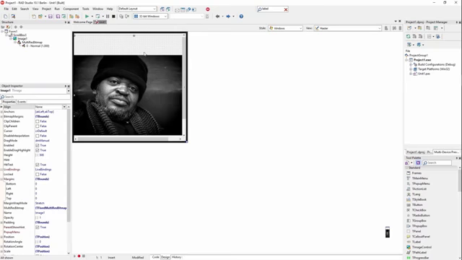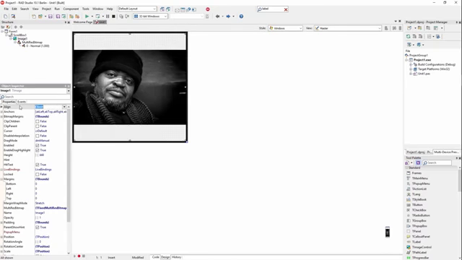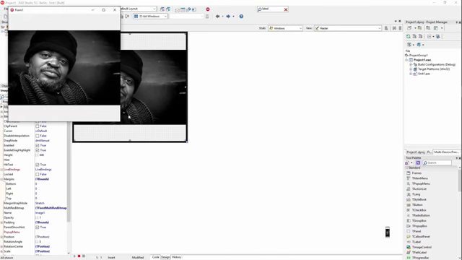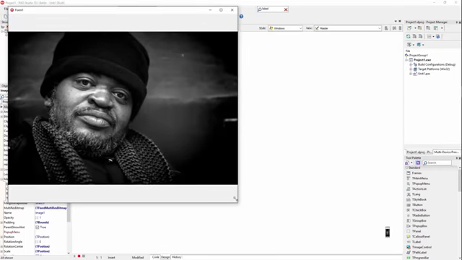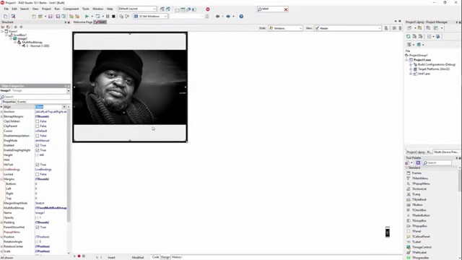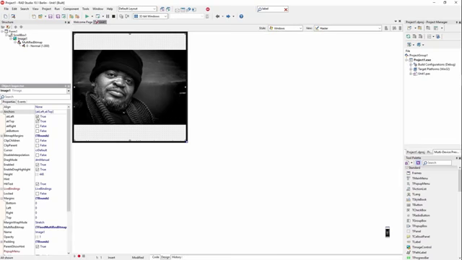Now, as I commented before, you don't want to align the image to client, because now it takes up the space and the scroll box does no good because it's always going to fit inside that scroll box. Okay? And likewise, if I anchor this, instead of top left, to bottom right,